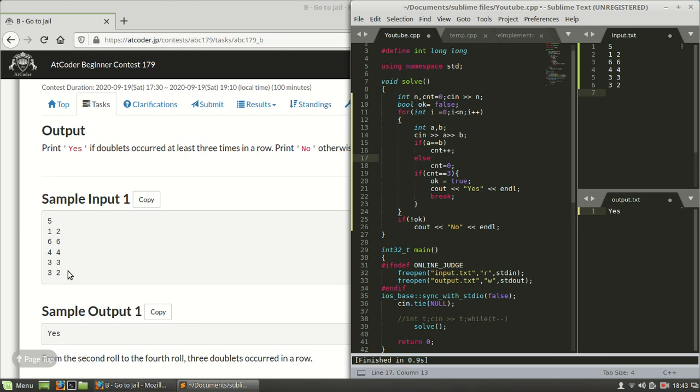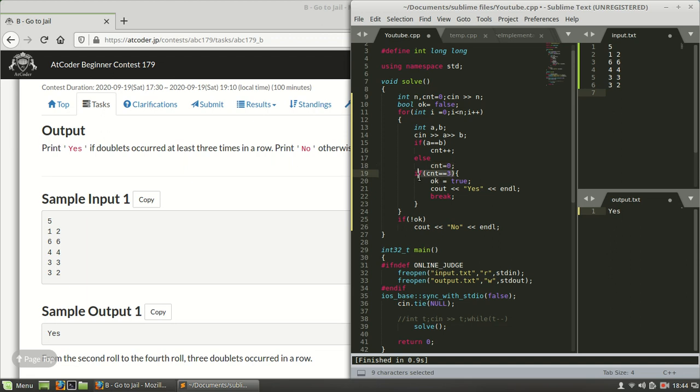Each time we input a and b and check: if a is equal to b, we increment count, and if a is not equal to b, then the sequence is broken, so we reset count to 0.